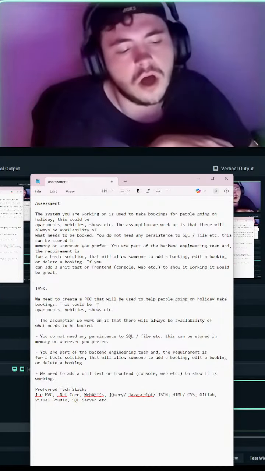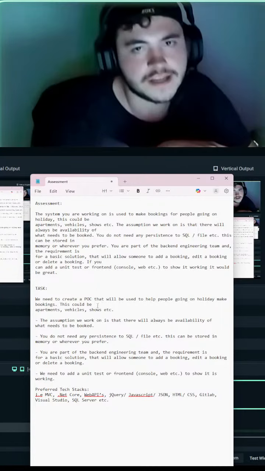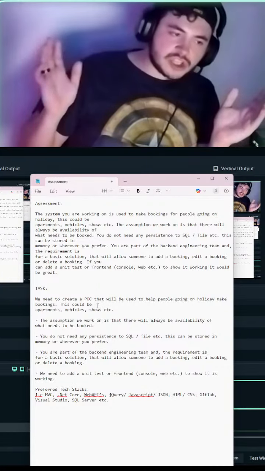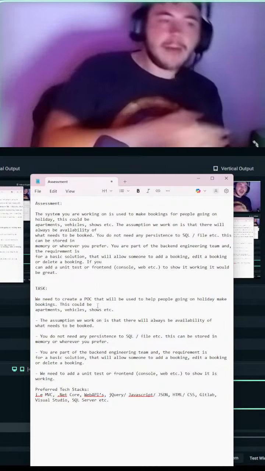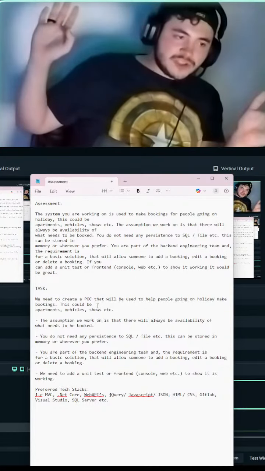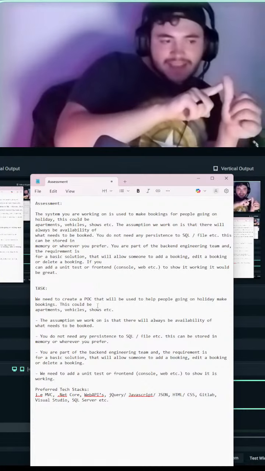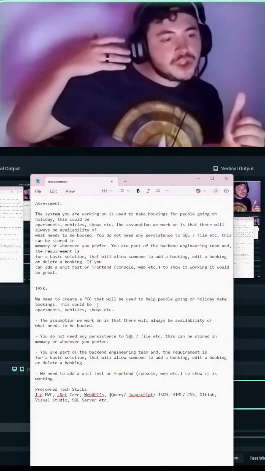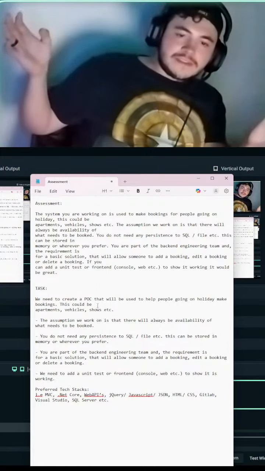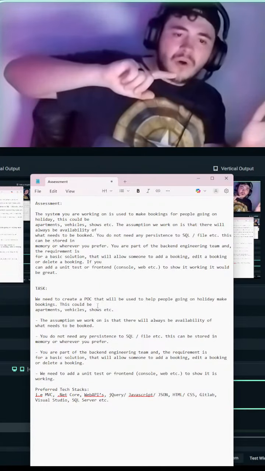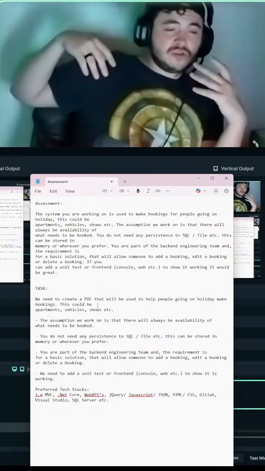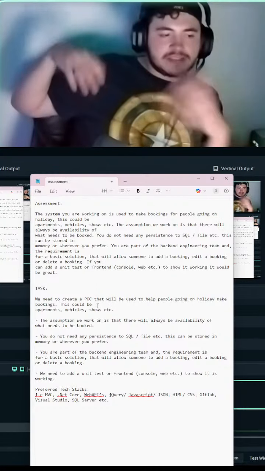Next, you are part of the back-end engineering team. Now, what does that mean? In programming, there are certain concepts you need to understand about the life cycle of a program, very basic things that you learn in school. You have a front end, which is the part that the user can see. Let's say I am making a program, right? There are two parts to the program. There's what is stored in the back end, which is where you do all your calculations, where you're supposed to do your DB calls, DB meaning database.